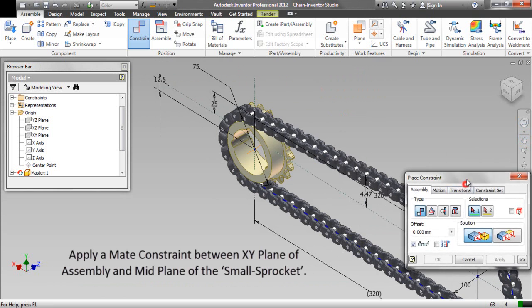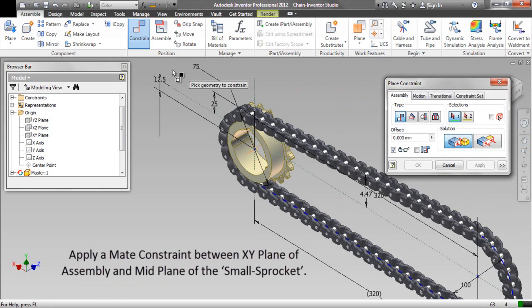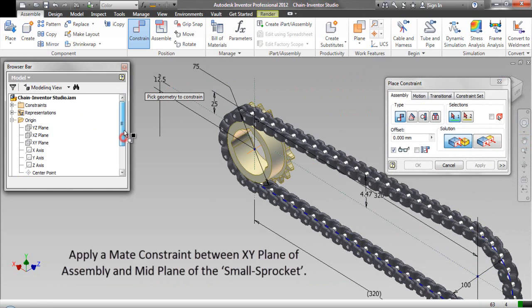Apply a mate constraint between XY plane of assembly and mid plane of the small sprocket.